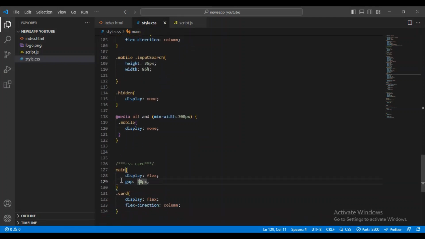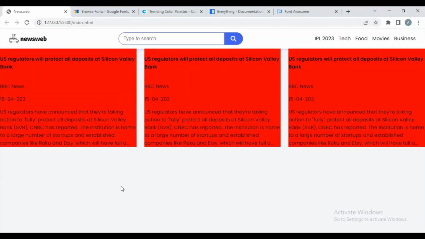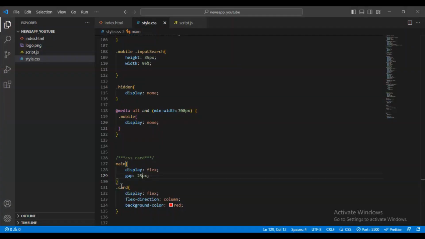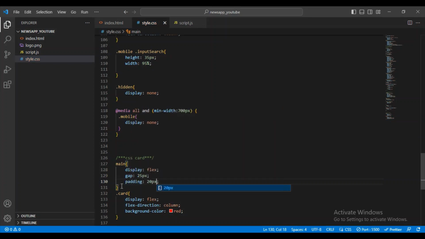In this gap I want to add one media query for this, or it will be okay. Yeah, this will be okay. And I will add, let me just check, background color red. Now let me just check. Okay, I want a little bit more. I will give the 25 pixel. Yeah, and after that here I will add padding 20 pixel by default,